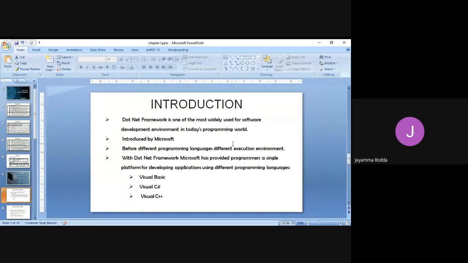Using .NET, an application in one language can be converted into an application in another language, which we call integration. Different languages were there, but those different languages had different execution environments.